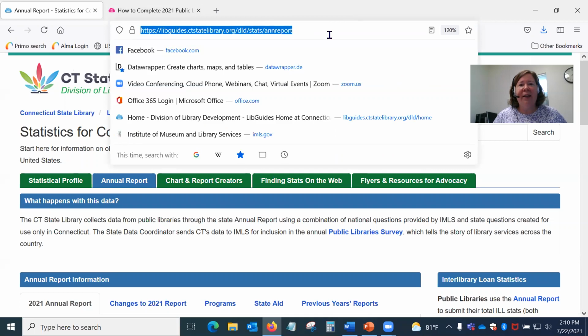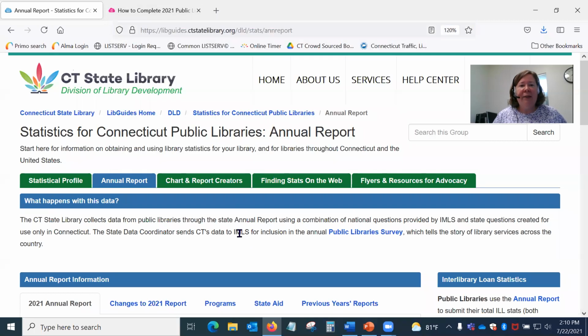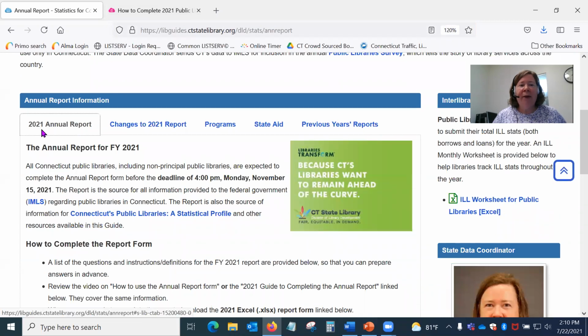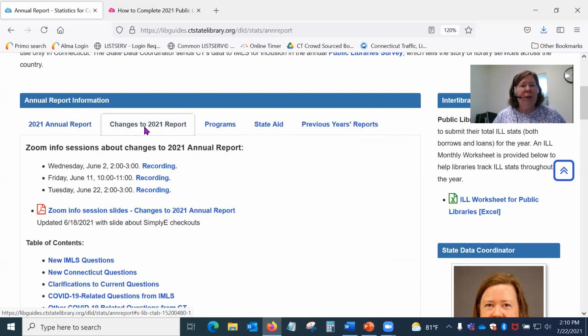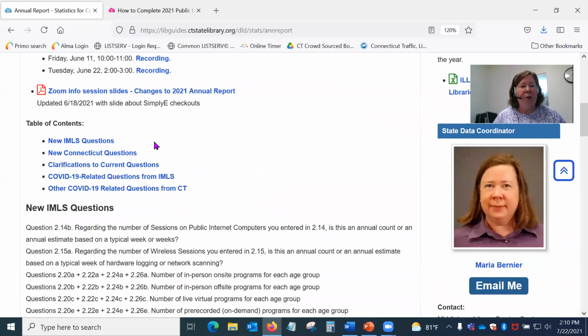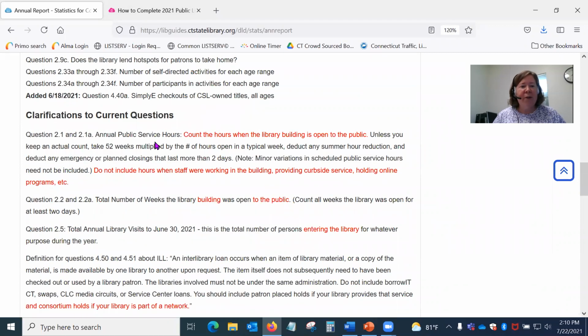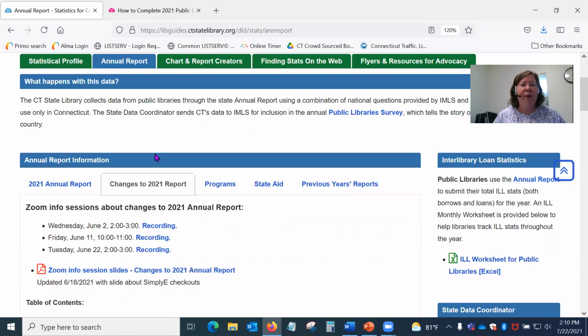So that's the link, the annual report form. And here's what the page looks like. And as we scroll down, this tab right here, 2021 Annual Report, is where you will find the form. There is a lot of additional information here in these separate tabs. So right here, changes to the 2021 report. This is a long list of all of the new questions, the changed questions, clarifications, a ton of info here